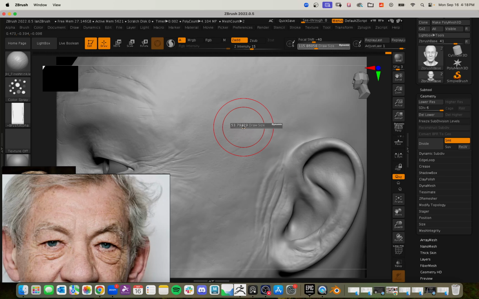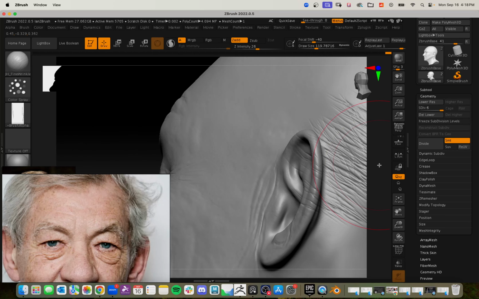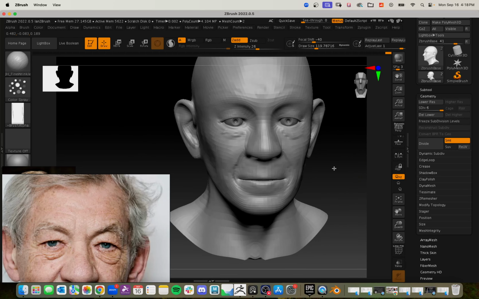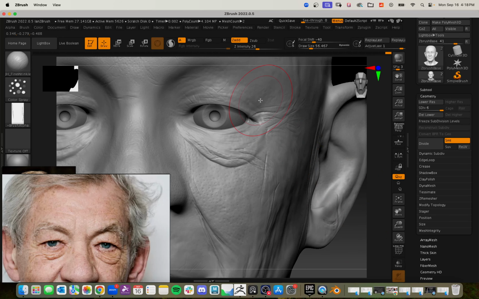So same thing as previously, the intensity matters and the size matters. If the size is really small, you can see how the wrinkles look very small. If the size is bigger, you get much more defined, larger area wrinkles. So I'm gonna use this mainly, you know, for areas around the eyes and mouth. Really focus on the face part of it. So I'm gonna start with very low intensity, pretty low brush size, and just very lightly